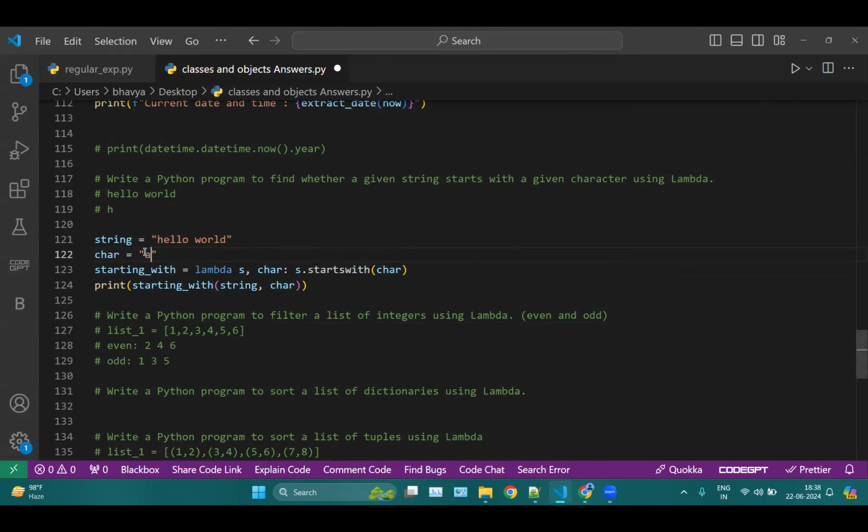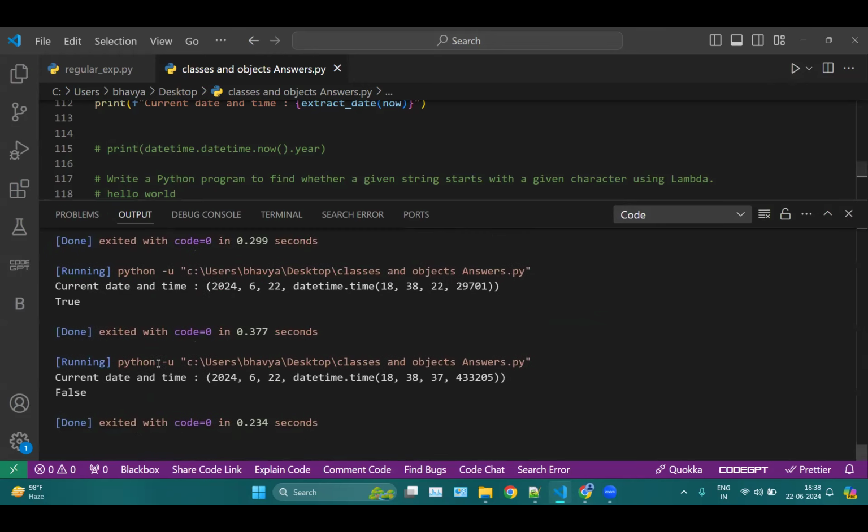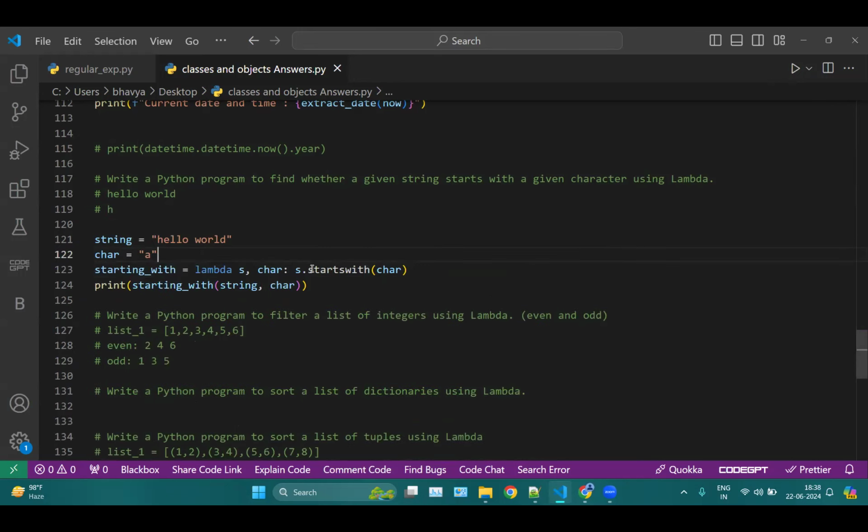If I put here A, now I'm checking if my string is starting with A or not, which it is not. It is not starting with A. So if I run this one, you will notice false here. Okay, so it is very simple because of this particular function. This is an inbuilt function of string. If you remember, we have studied this function in the string module. Previously in the string module, we have discussed this function which is startswith and